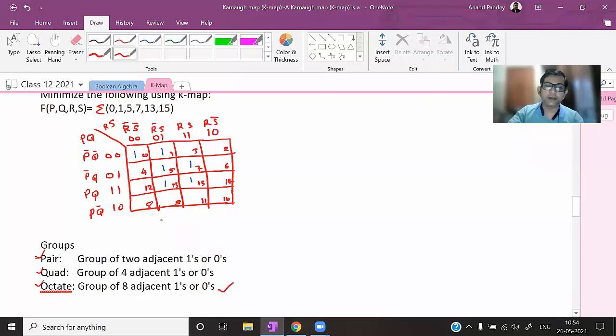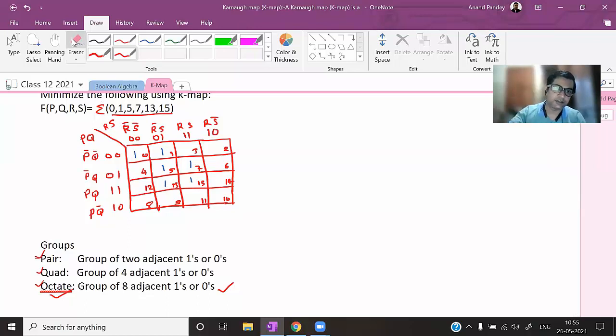So we'll try to find 8 adjacent ones or zeros in the K map. सबसे पहले बड़ा ग्रुप बनाने की कोशिश की जाती है, अगर बड़ा ग्रुप नहीं बनेगा तब छोटा ग्रुप हम बनाते हैं। ध्यान देना इस चीज पे, बहुत इंपॉर्टेंट चीज है, नहीं तो गलतियां होती है।